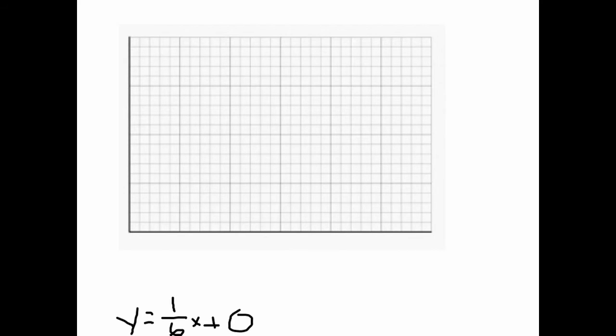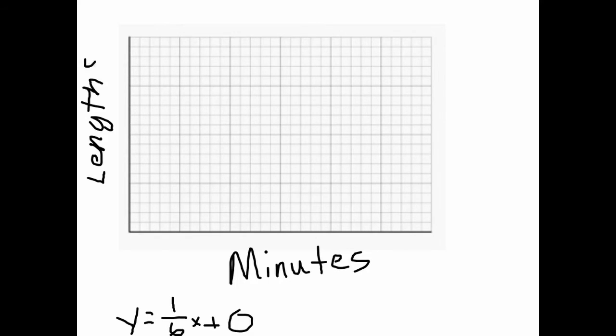Alright guys, let's go ahead and graph this equation. I have a blank graph here, which means I need to label my axis, and my x-axis was minutes. I'm going to go ahead and label that. My y-axis was lengths of the pool. And of course, I know my starting point is 0, so I'm going to go ahead and put a dot there. Now, if I have a slope here of 1/6, that means I'm going to go up 1 and over